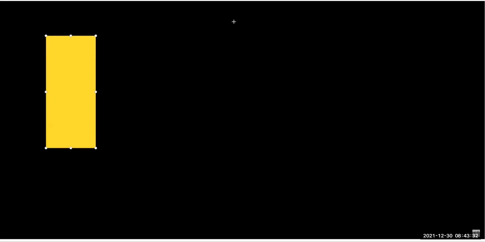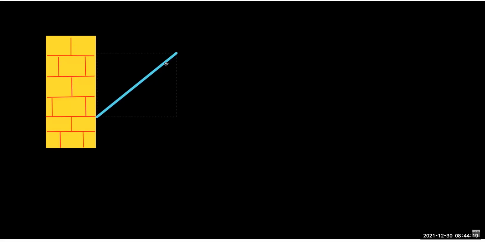So we have a wall, and then we have maybe some sort of plank or rod or whatever you can imagine,